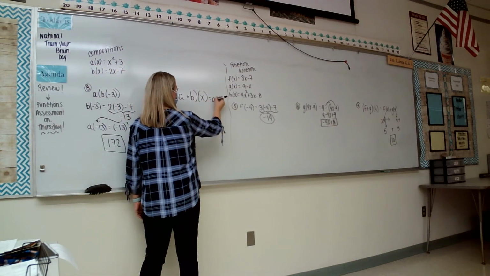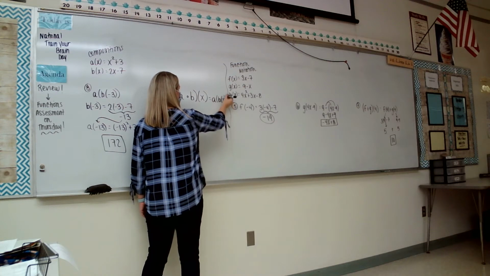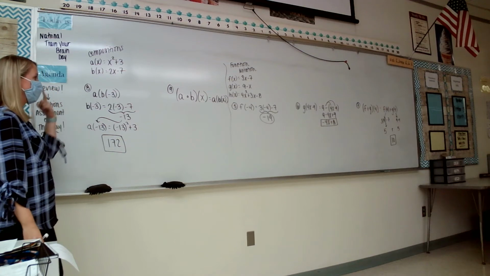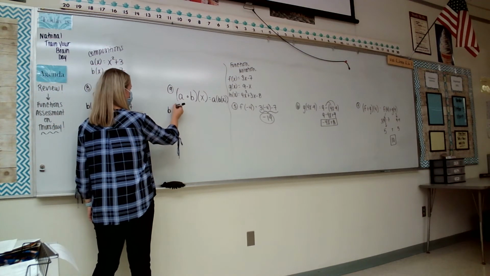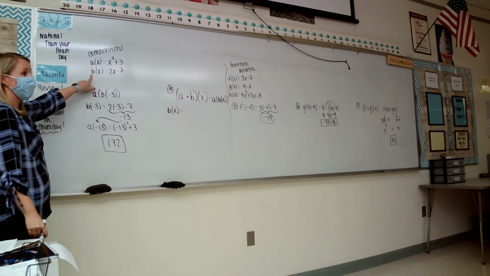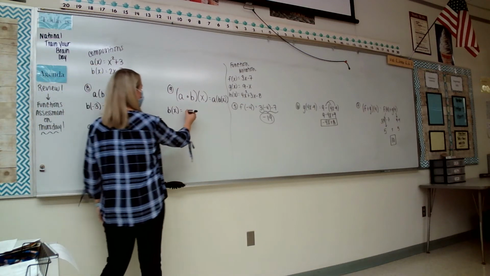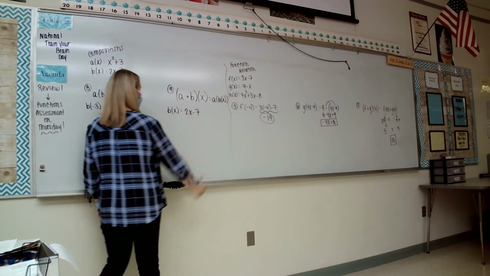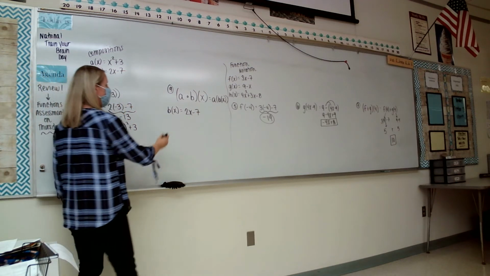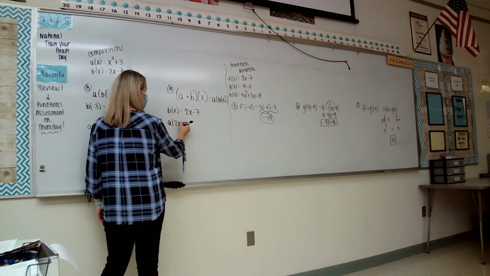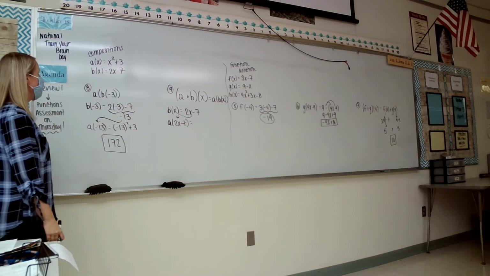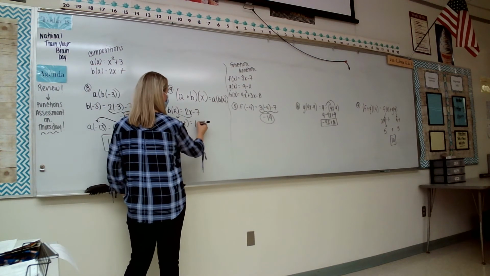I always rewrite it as A of B of X. Makes more sense in the brain. And I'm starting from the inside out. So for B of X, I'm saying to myself, I can't really do much. I'm not plugging anything in, I'm just figuring out what B of X is, and you just look it up. B of X is 2x minus 7. So now that we know that that's 2x minus 7, I'm going to plug that into the A function. So in the A function, that would be 2x minus 7 squared